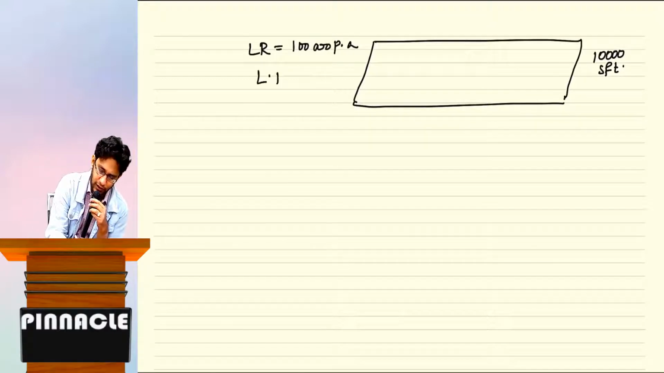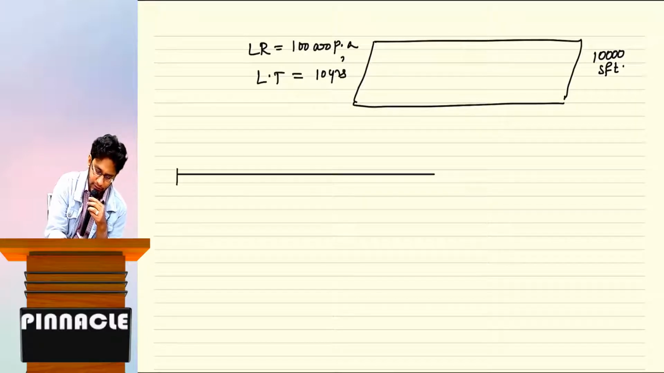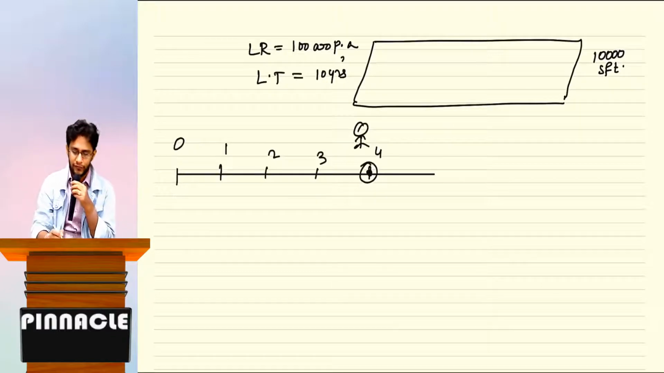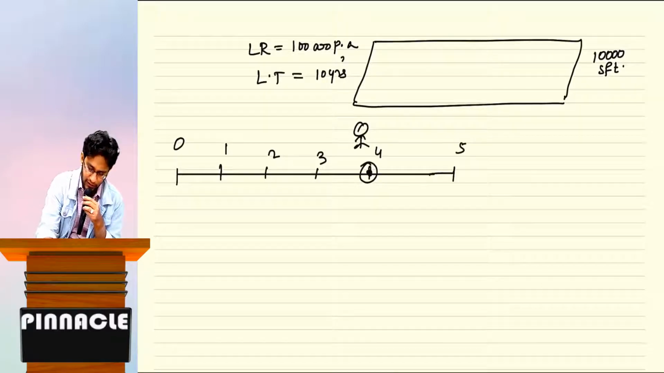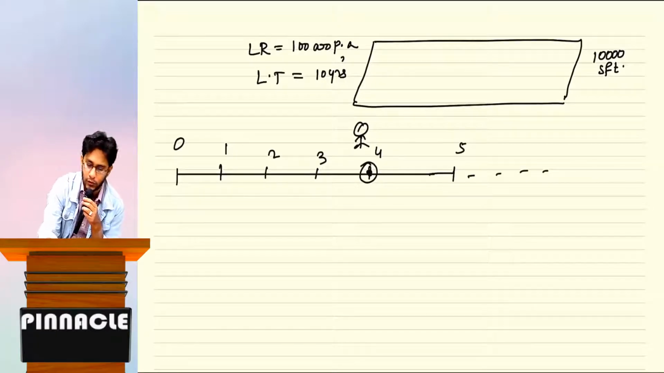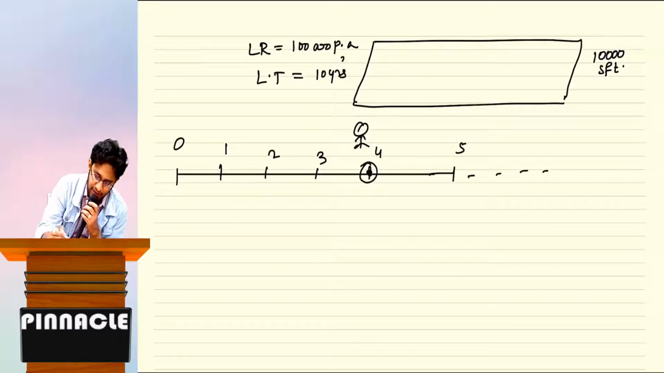Lease term, let us say, is 10 years. Now what happened is, in 10 years, 0, 1, 2, 3, 4, we have reached the 4th year. In the 5th year, what you negotiated is, you don't want 10,000 SFT for your business. Half is enough. Here you have negotiated that